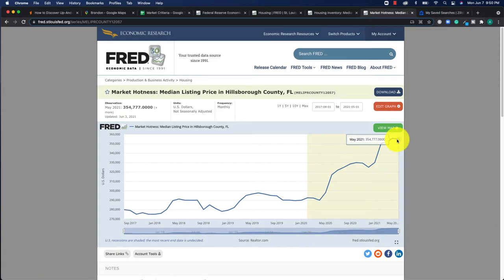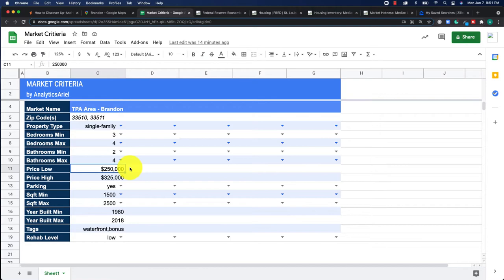If you're looking to make some cash flow as an investor, you want to find something that's maybe not brand new and has some opportunity to have improvement done to it. In this case, I would look to acquire a property that's under the median. And by me knowing my area, I know that the target market between $250 and $325 seems reasonable.